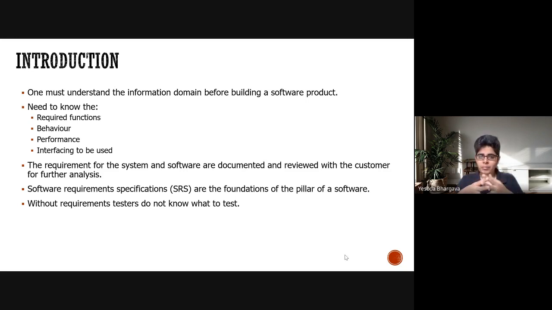And on the word requirements, we have had a huge amount of discussion on what software requirements are: the functional requirements, the non-functional requirements, the stakeholder requirements, the transition requirements, and why gathering information on all this is extremely necessary, so that we are one with the software that we are making, and then we can assure the quality of the product that we are making. So software requirement specification is the foundation or the pillar on which the software stands.